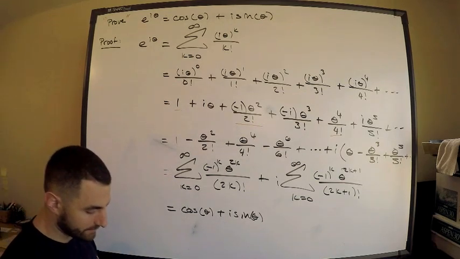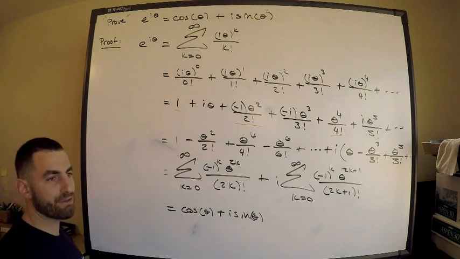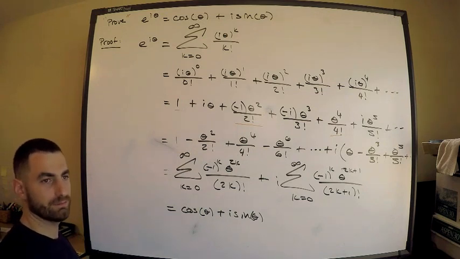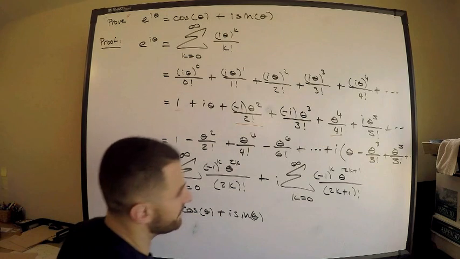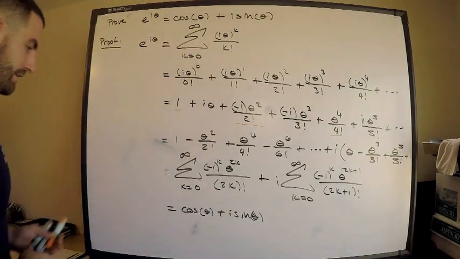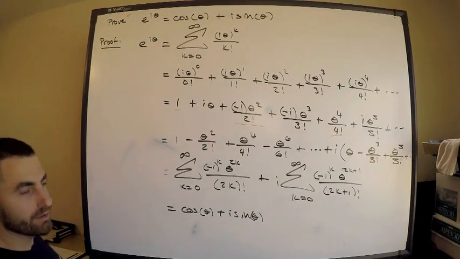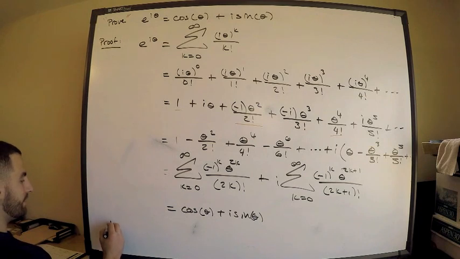Again, this is not a rigorous proof. If you're a math major, you know this is not rigorous. But it indicates that this is true. From this, I think this is basically called Euler's identity, namely,